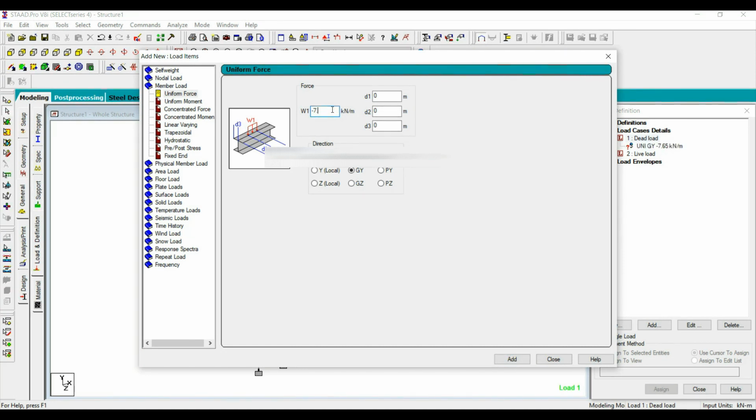Next one is 7.875, add, and next one is 4-inch thick wall load. That one is 5.1, and then 5.25. Next 3.66, which is parapet wall load,